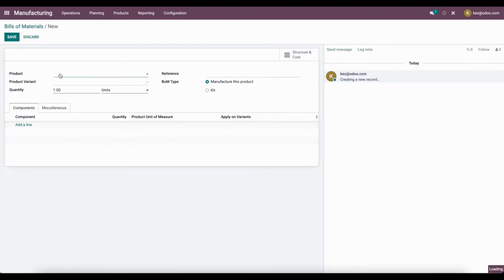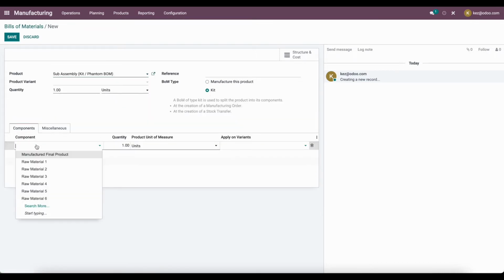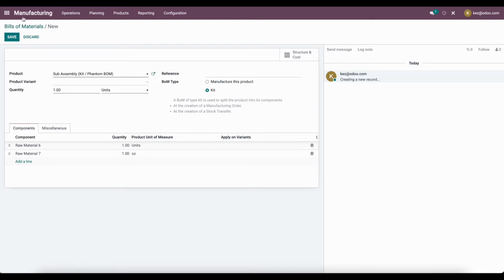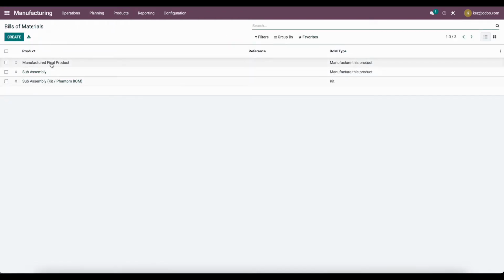Next, we'll create the subassembly for the kitted product. We'll say this is a kit, and we'll add raw material 6 and raw material 7. So now we can save that, and if we go back to our high-level bill of materials, so that manufactured